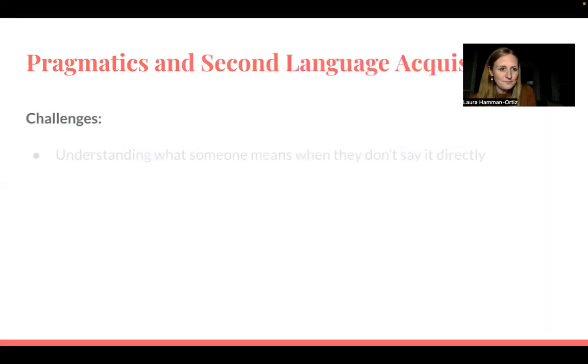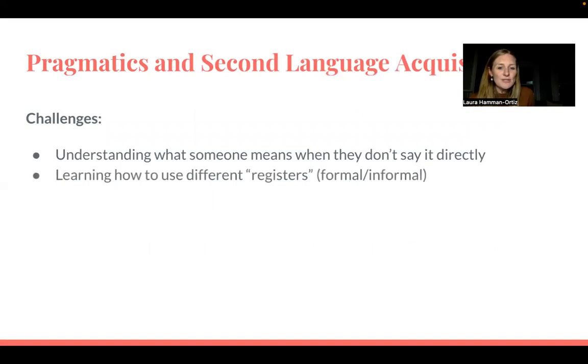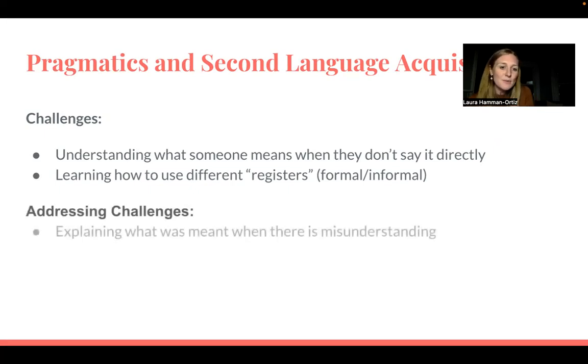All right, so some of the challenges then with pragmatics and second language acquisition: understanding what someone means to say when they don't say it directly, and learning how to use different registers, formal and informal. And as I mentioned earlier, sometimes those differences are grammatical, so the verb might change. Sometimes it's just the terminology that we use. So it's learning in each language how to use different registers, different levels of formality. And some ways to address it: